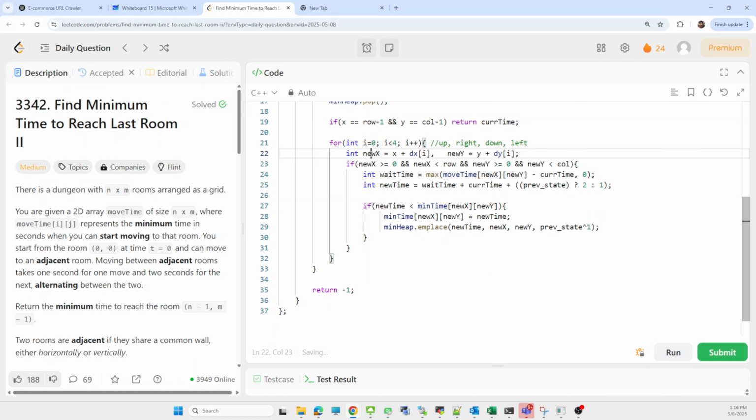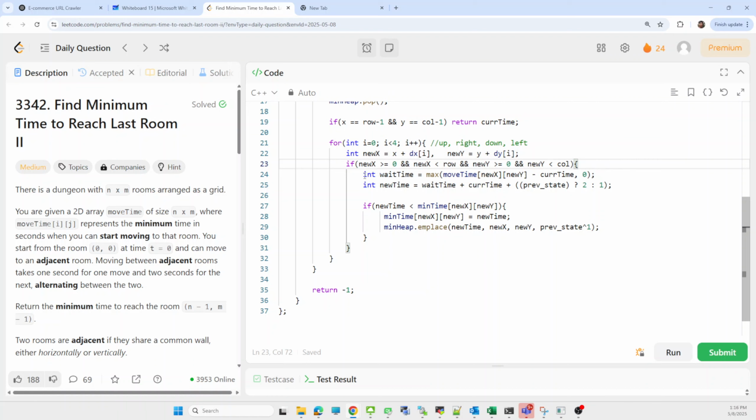Here I am getting the new x and new y, the coordinates of the adjacent room. And here I am checking the boundary condition: new x should lie in the range of 0 to row, and new y should also lie in the range of 0 to column.